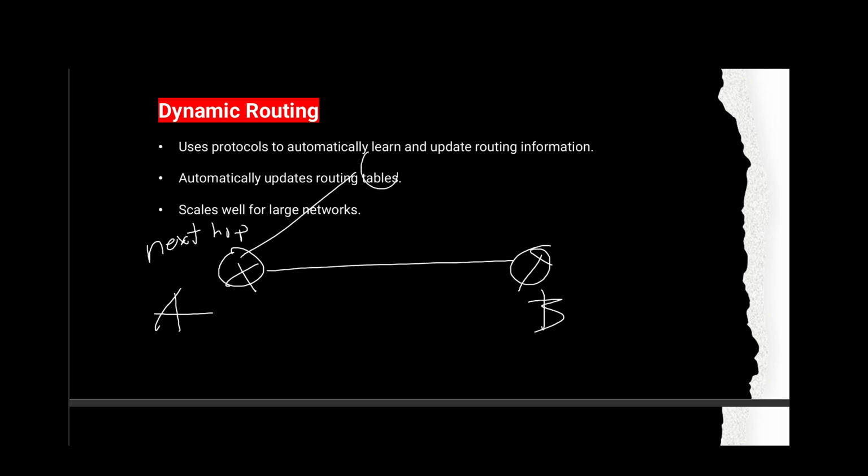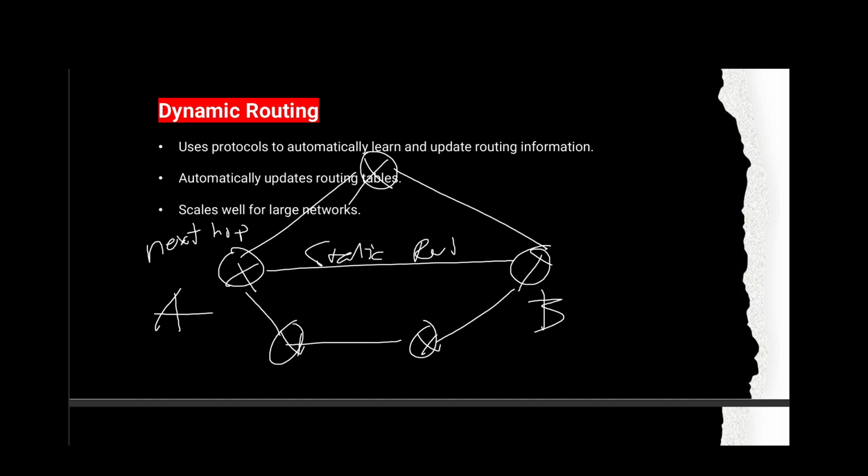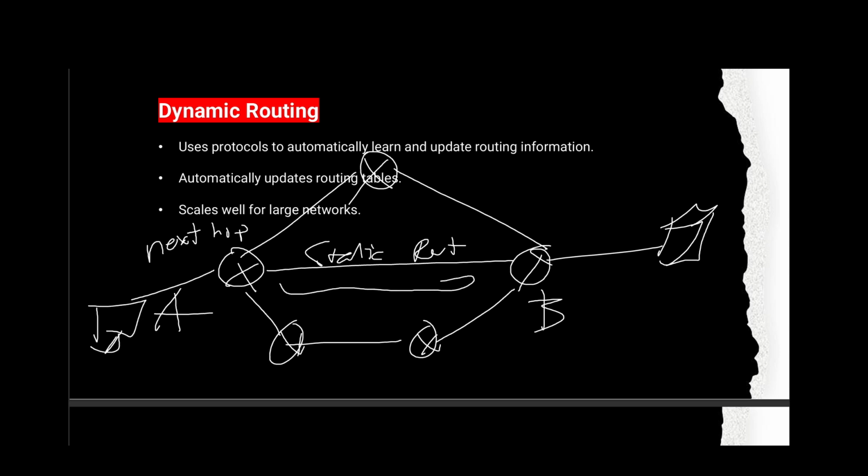But what if we have multiple hops here, and we configure a static route on this one to reach this server, and suddenly this link went down, right? So basically, the problem with static routing is, since we manually configured the route going to a specific destination, once this one is down, the only way for this network to reach this server is that